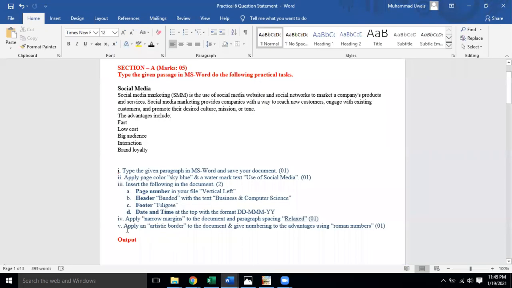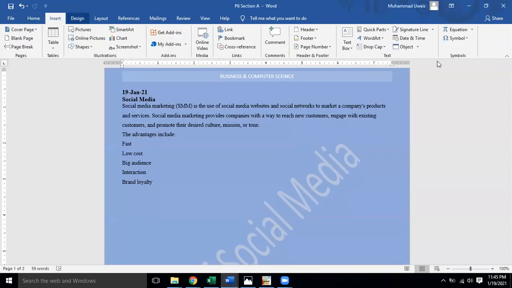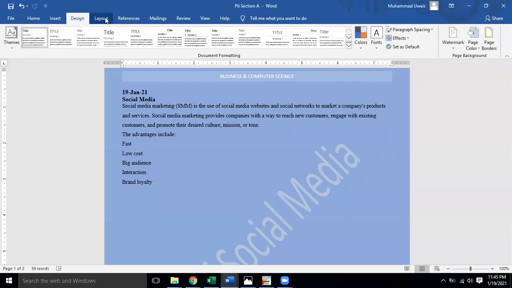The next point is to apply an artistic border to the document and give numbering to the advantages using Roman numbers. Okay, apply an artistic border. The first thing is where we can apply the borders from. Go to the design menu, and at the end you will see the option Borders.